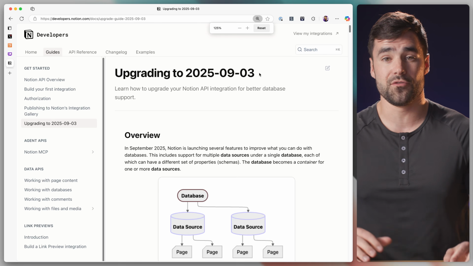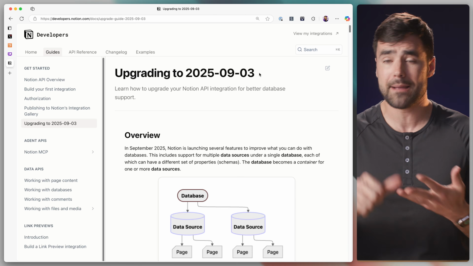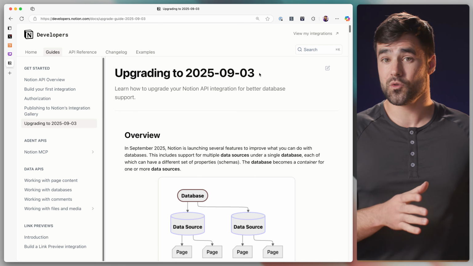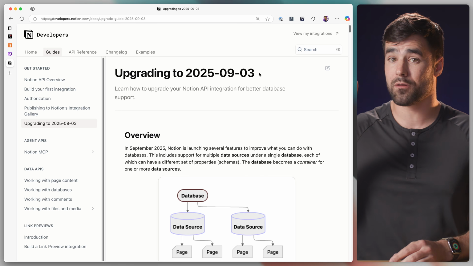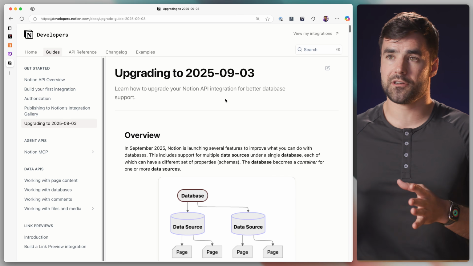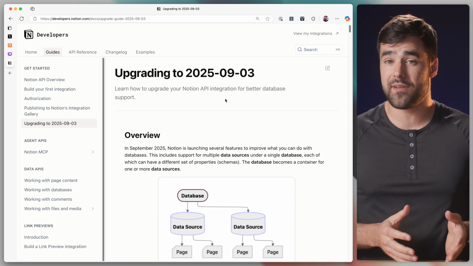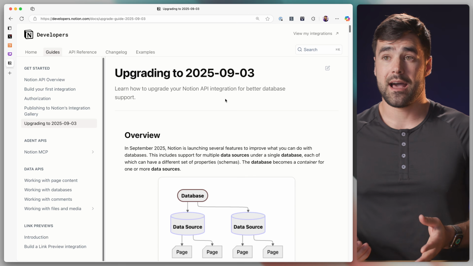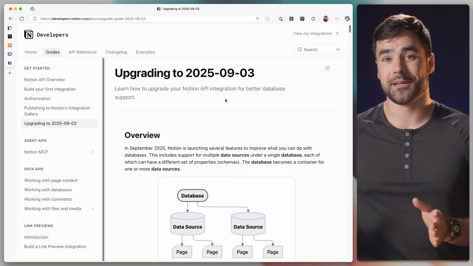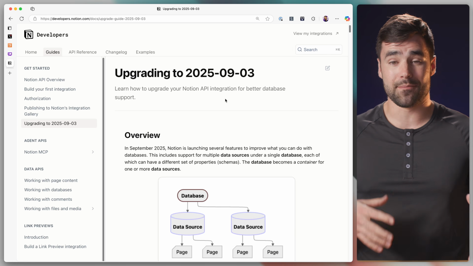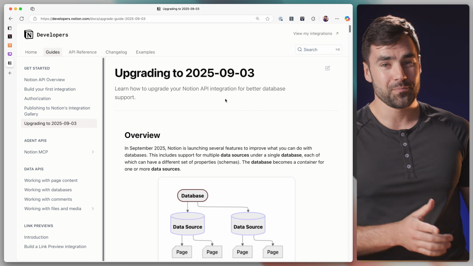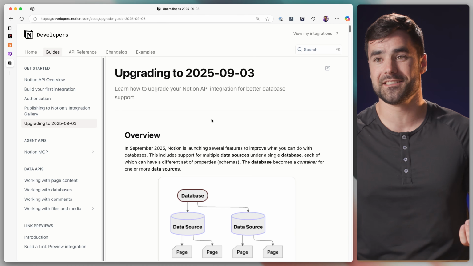any integration you use, like Zapier or Make.com or Pipedream or n8n or Flylighter or really anything else, if those integrations want to work with a database that has 2 or more sources, they have to upgrade to this new version of the API. And Notion gave developers a heads up about a week in advance, but this is a significant upgrade, and developers are probably going to take a while to do it. So if you rely on integrations and you go ahead and start adding multiple data sources to your important databases, you might see that those integrations break until developers get a chance to fully test and upgrade to this new